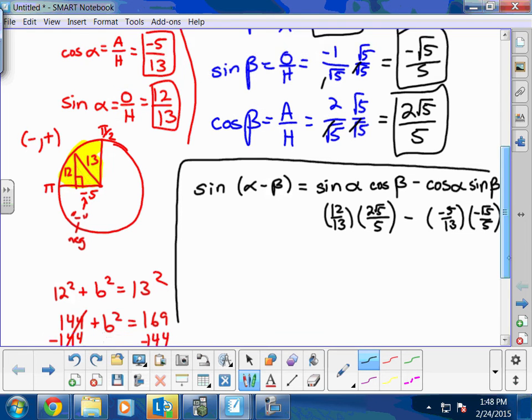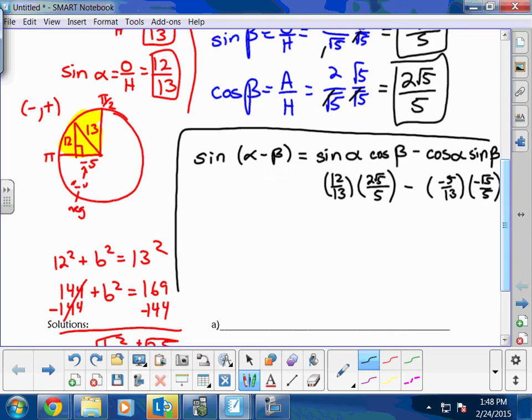Okay, now let's go ahead and simplify this. What I mean is that when you're dealing with two fractions, first of all, y'all see the 2 negatives over here on the right side? Those both become positives. When you deal with fractions, you can multiply across. So I'm going to multiply those two: 24 square root of 5. And I'll multiply those two, it's going to become 65. That's going to be subtracted by 5 times the square root of 5, which is 5 square root of 5